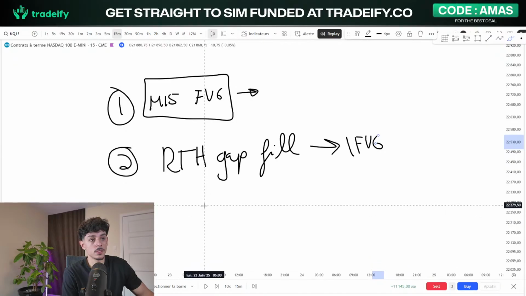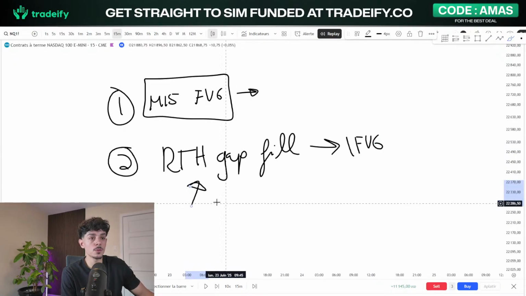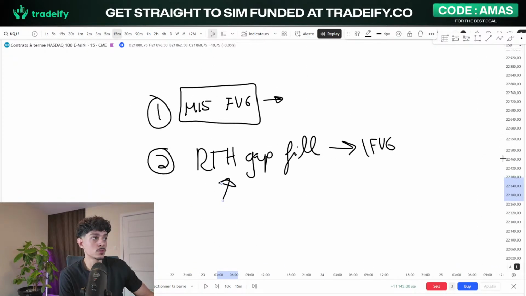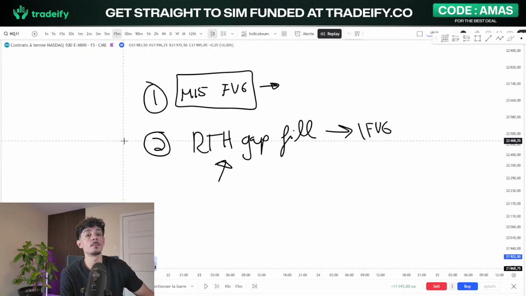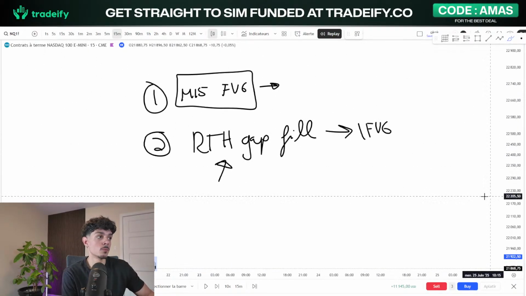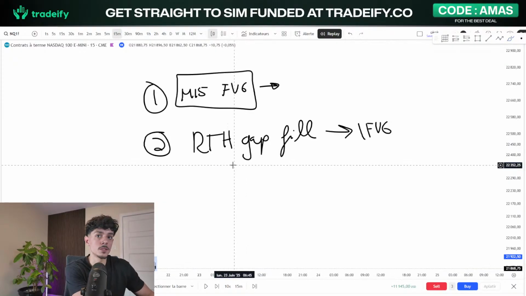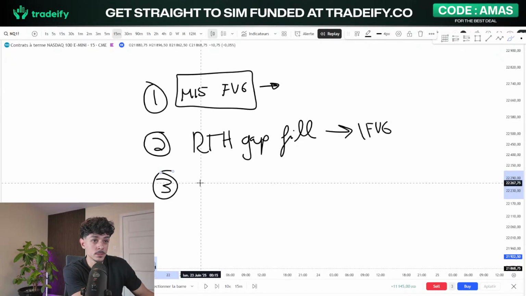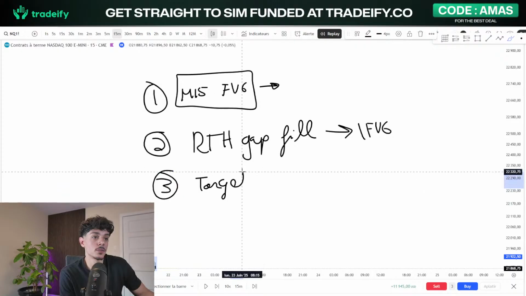And basically what the RTH gap tells you is if you're at a discount or at a premium, and if the open was a Judas swing. If the open pushes in a direction, which is most likely going to create a fake out, it was just an influx of liquidity to fill bigger orders above or below you, to then drive the market back where it wanted to go. And then third, it would be to target unfilled gaps,